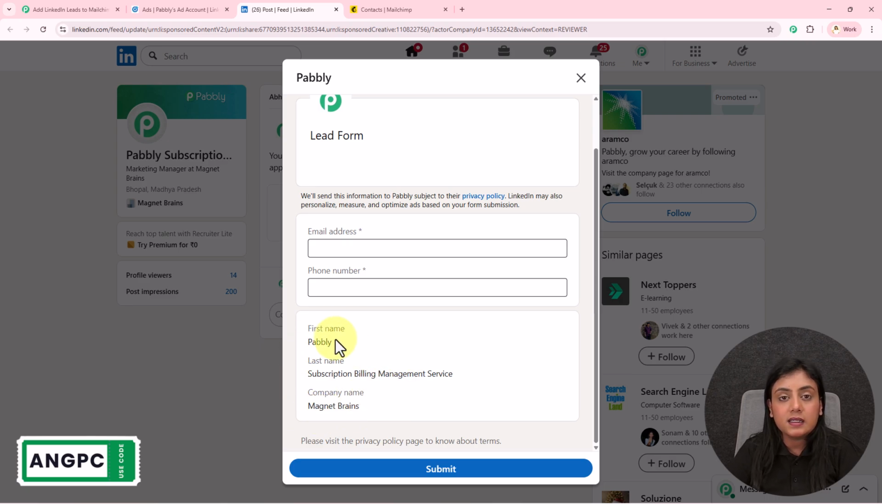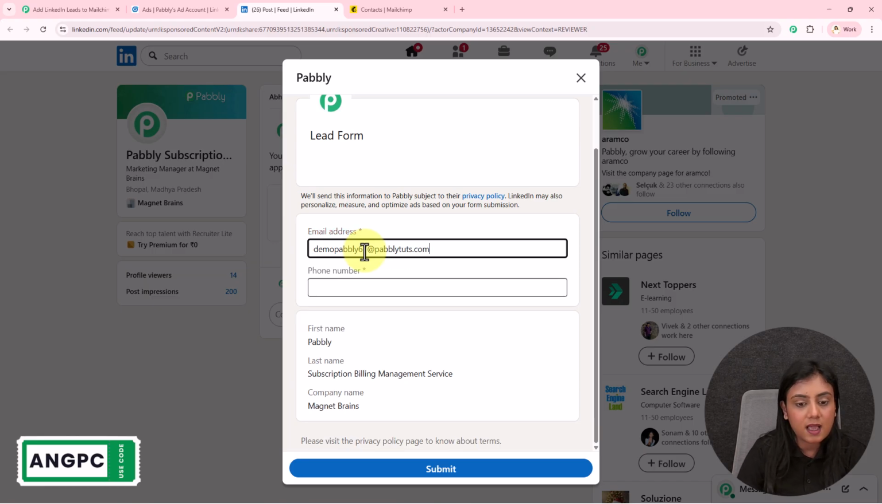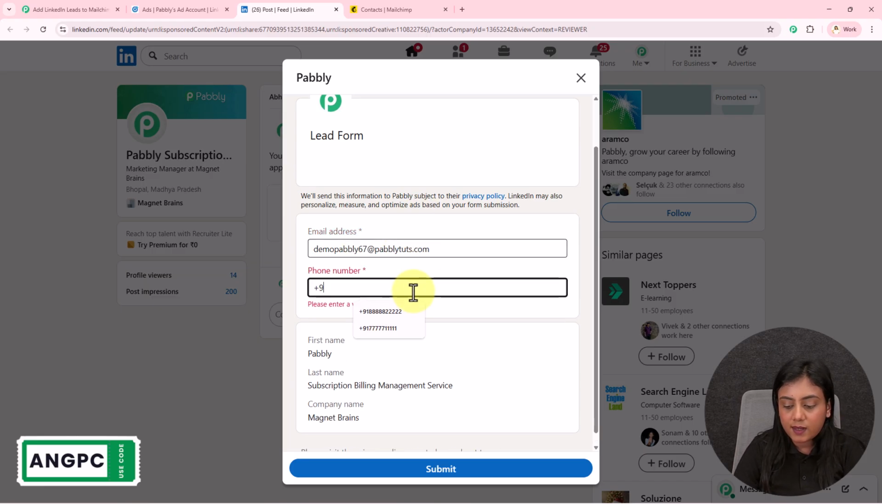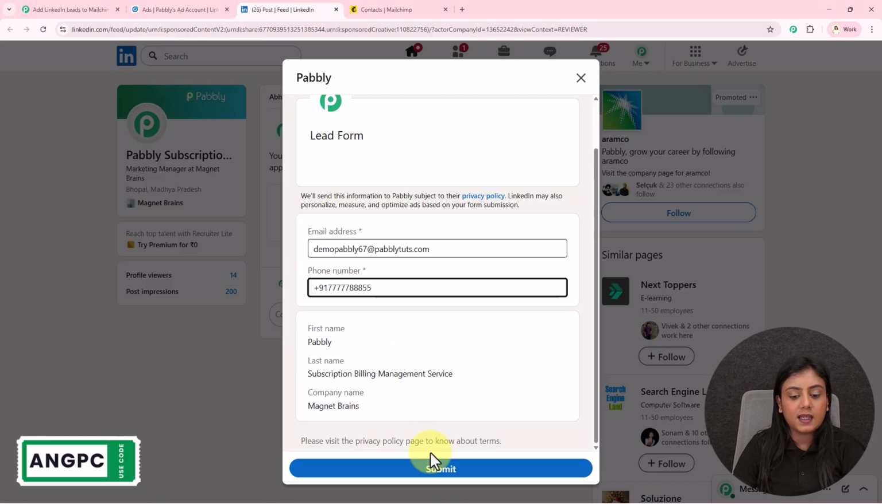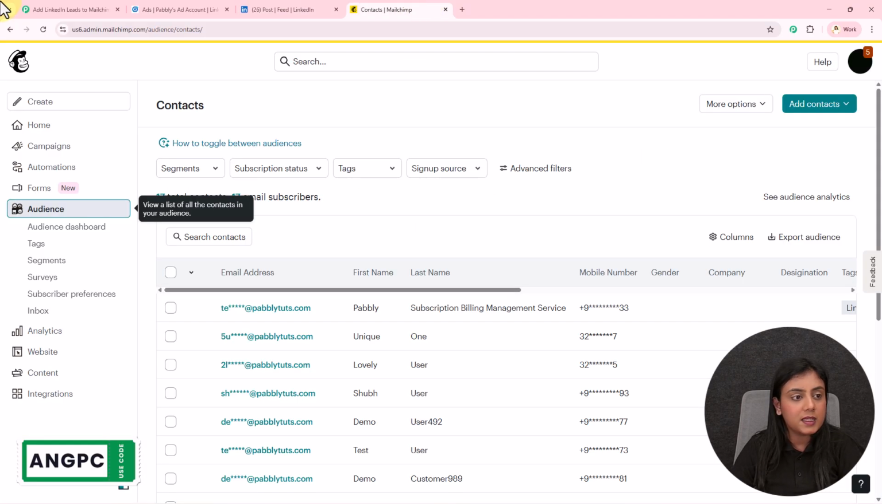But if you're running a LinkedIn lead ads campaign, these data can be filled by your leads as well. Okay, so now let us fill the email address first, for which I will write it as demopabbly67@pabblytudes.com. Okay, now next it is asking for the phone number, for which I will enter a dummy mobile number. After that, I'm going to click on this submit button, and as soon as I've done that, it says information sent to Pabbly. As now the LinkedIn lead has been generated, let me go back to my Mailchimp account and